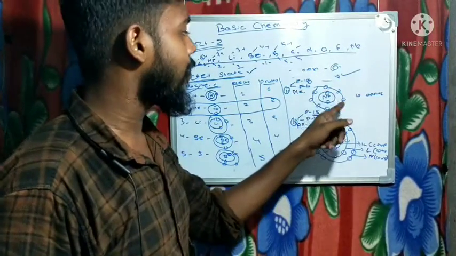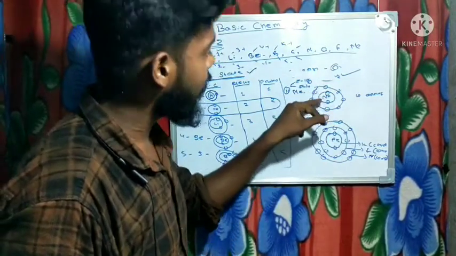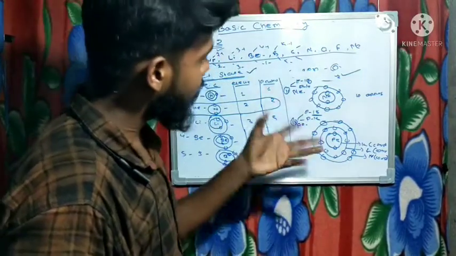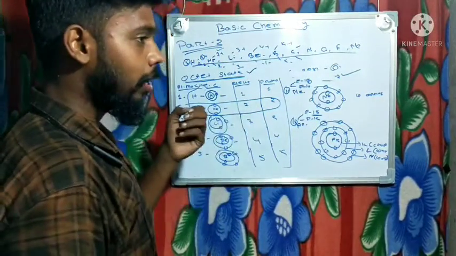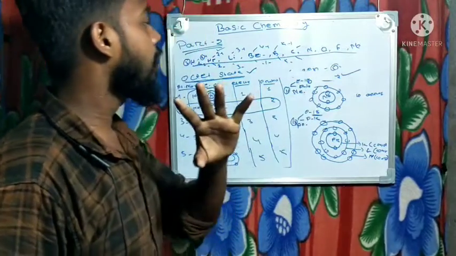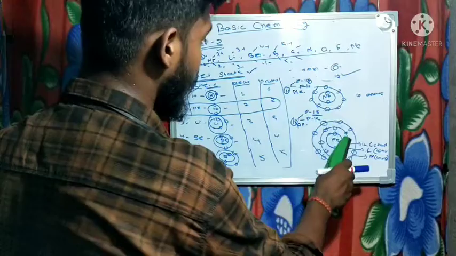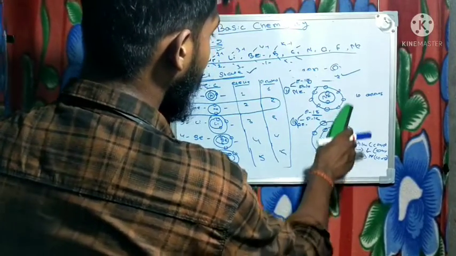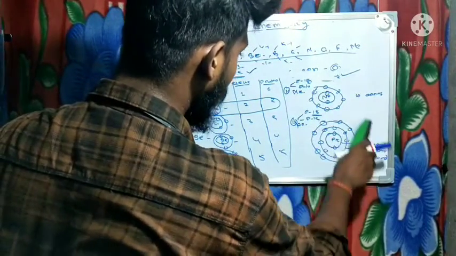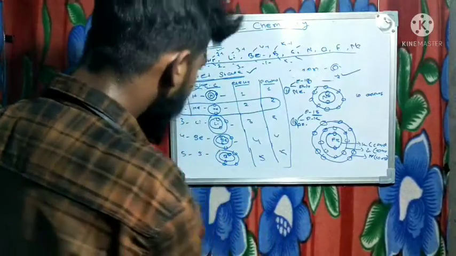But see here, it is having only one cell, the K cell, which is a complete cell. It is having two cells, one is the K cell, another is the L cell. First the K cell is completed by 2, the L cell completed by 8, nothing to gain, nothing to lose. So this is complete and this is complete.